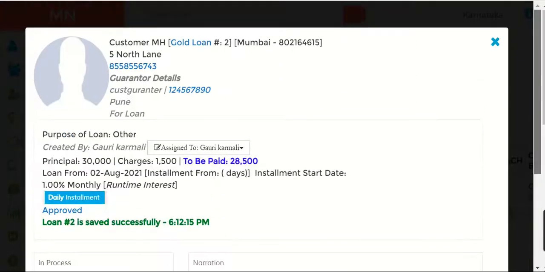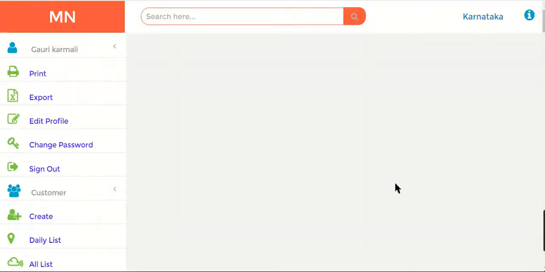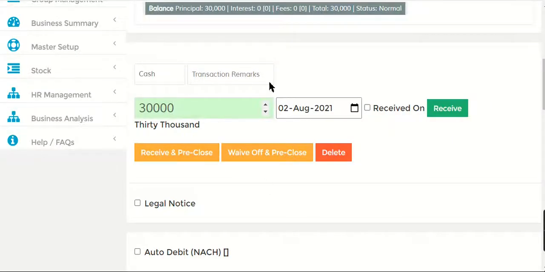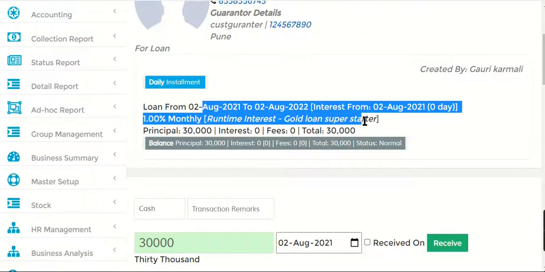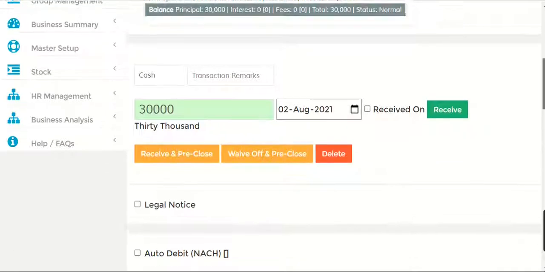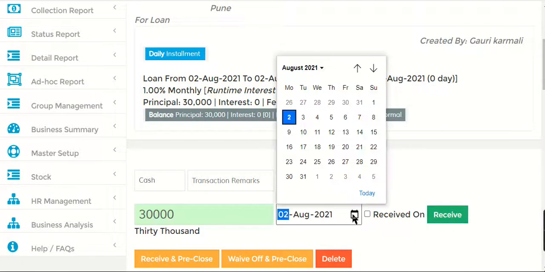Okay, so loan 2 is created. So now when I search for loan 2, it will be a gold loan that's been created on runtime interest. Now actually I've forgotten to add, there are certain settings to be added for runtime interest, like first lock period in a month. If you have, say, a locking period, say you're going to lock that loan for 1 month and after that there will be a different rate of interest that's added. But that's fine. Let me just show you here.